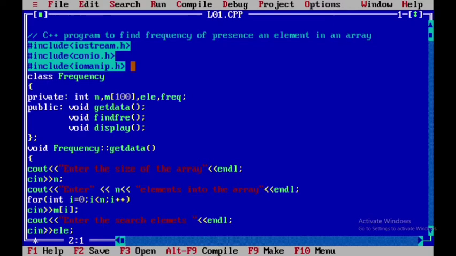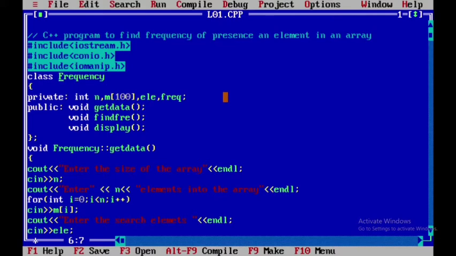It's all about classes and objects. Here I am creating a class called Frequency. Most of the time the first letter of the class name must be a capital letter, because the compiler can easily find the class. So we give the class name with the first letter capital. The opening curly brace indicates that we are opening the class, that is, the scope of the class starts from here, and here we have some data members and member functions.